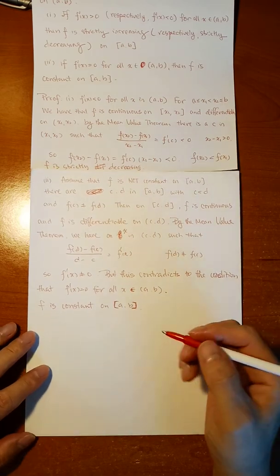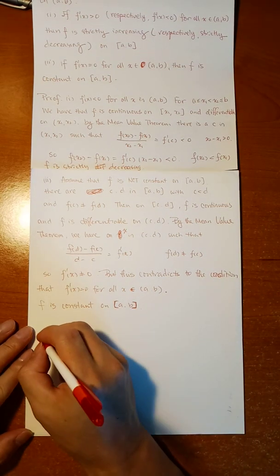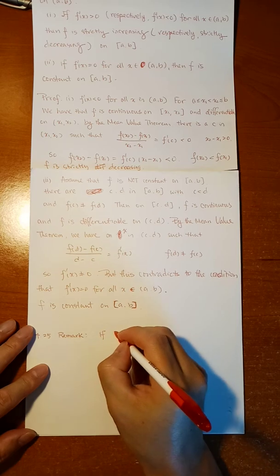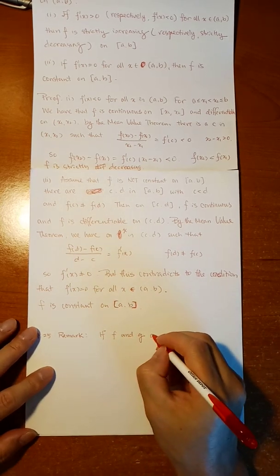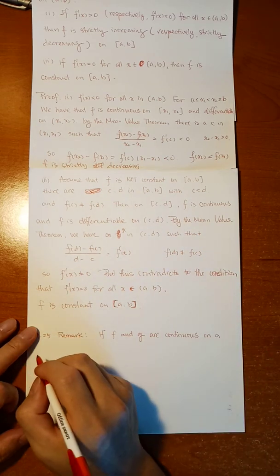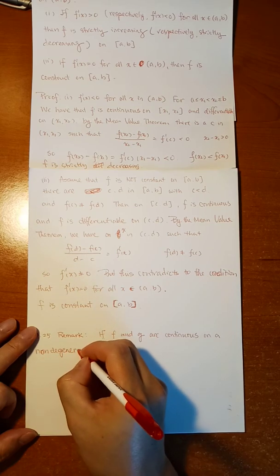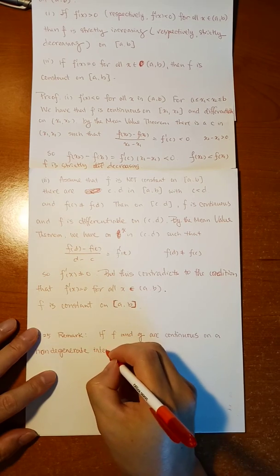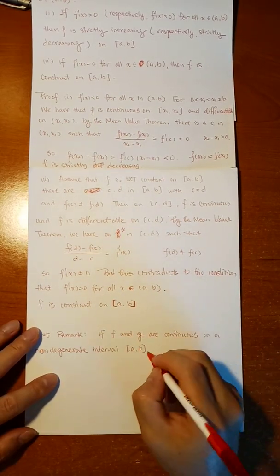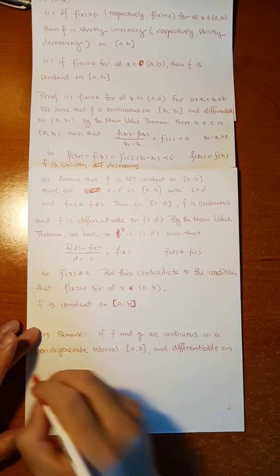Next, we want to generalize the second part of 4.24 to a general case. The general case will be the remark. If f and g are continuous on a non-degenerate interval [a, b], degenerate we will not talk about, so we really have an interval with a less than b, and differentiable on the open interval (a, b),